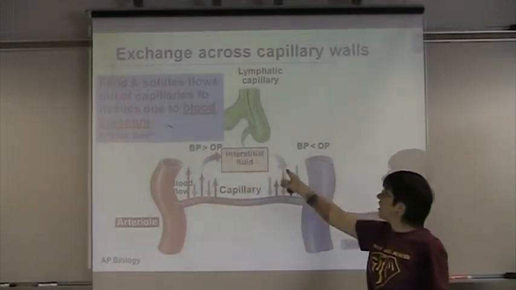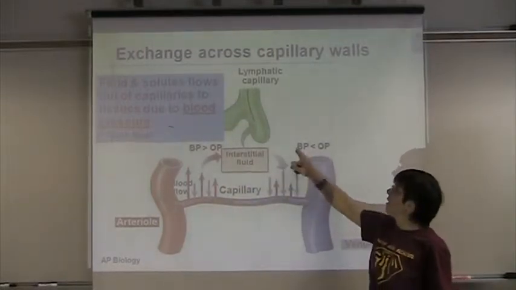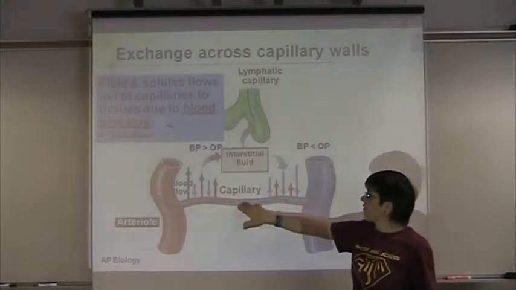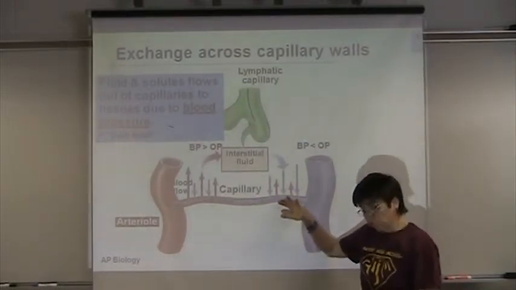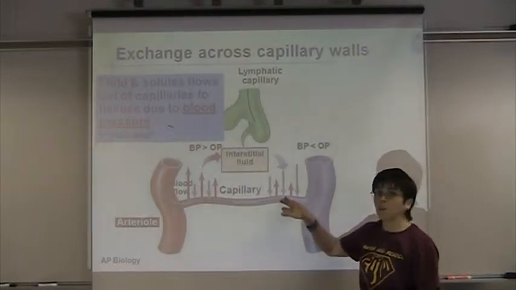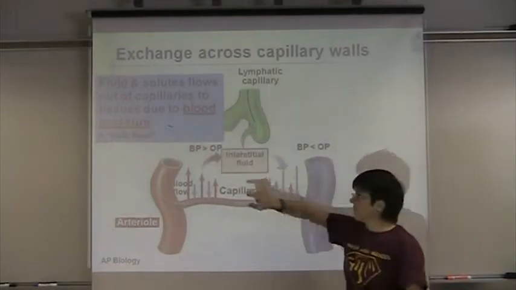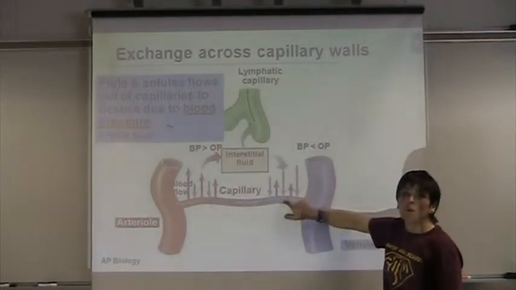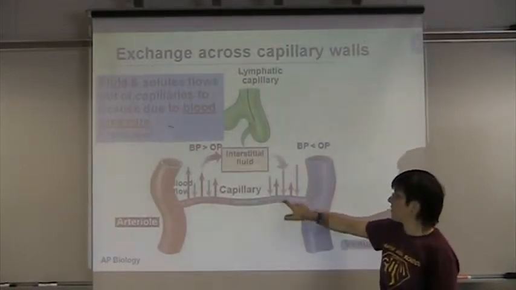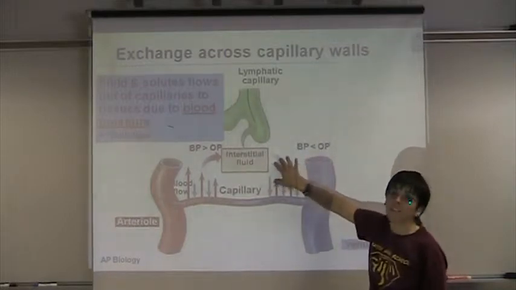This interstitial fluid diffuses in because right here, after you have this capillary bed, the blood pressure plummets. There's no more pressure here. You squeeze it all out. So low blood pressure, but the osmotic pressure is very high because this is a hypertonic and this is a